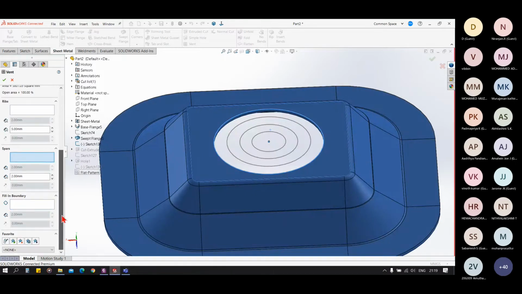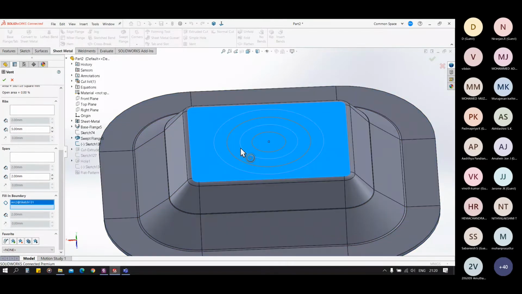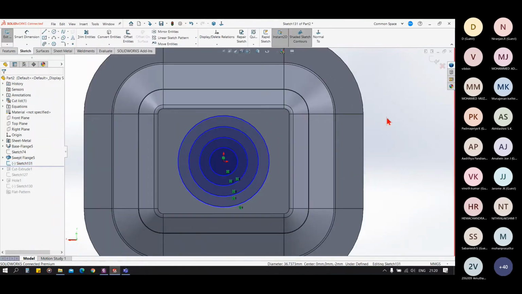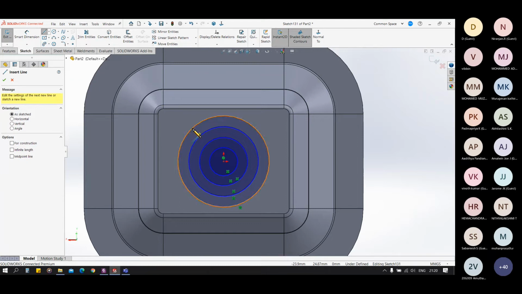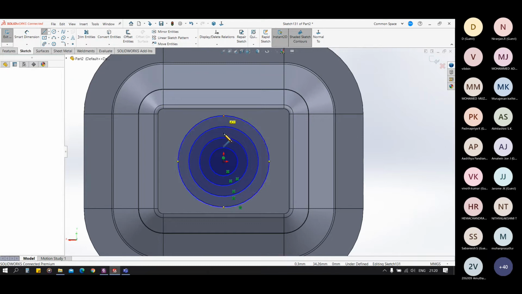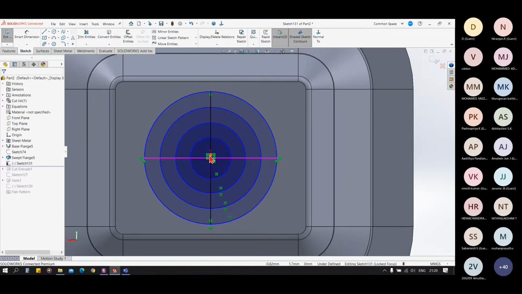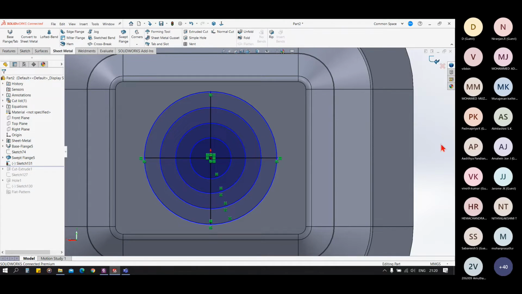Wait a bit. I have to select fill-in boundary. I have to make cross lines for the ribs. So you have to make concentric circles and the support lines like this, and exit the sketch.